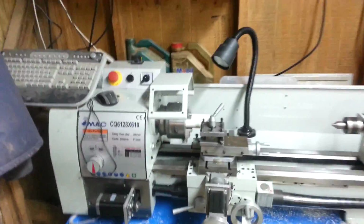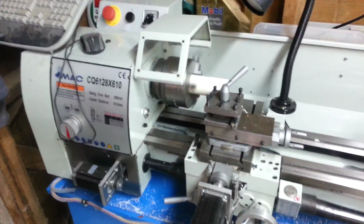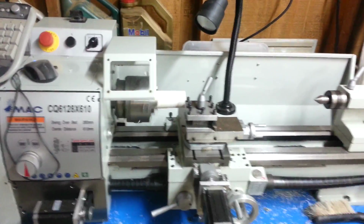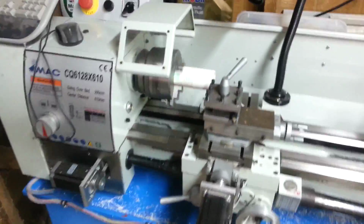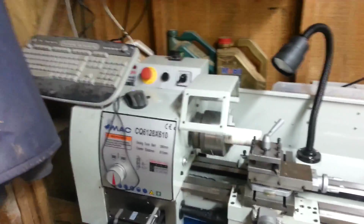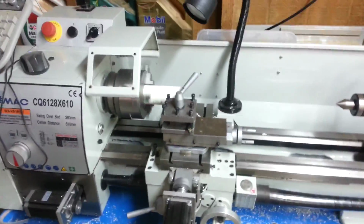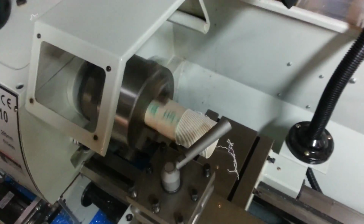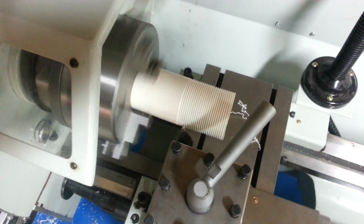Hi guys, this is Boyd's CNC machine, 6128 conversion lathe that I put together. I've just been rearranging my shed a little bit and haven't done much work with it, and I couldn't help but come over to it and have a little play this afternoon. And so what we've set up here